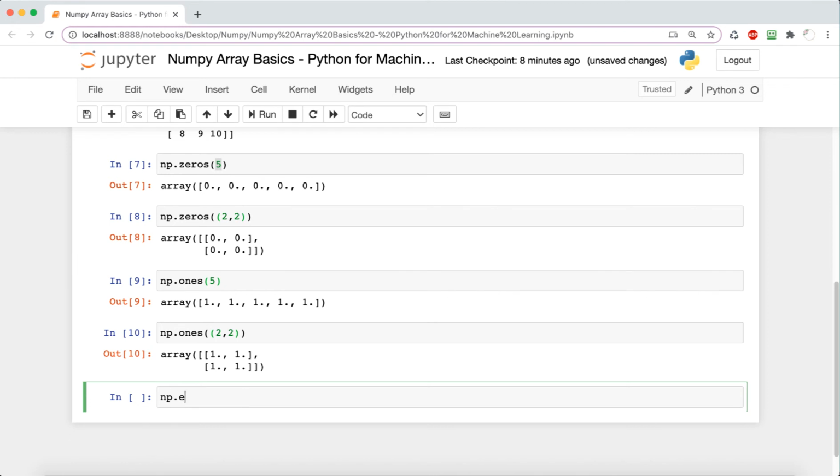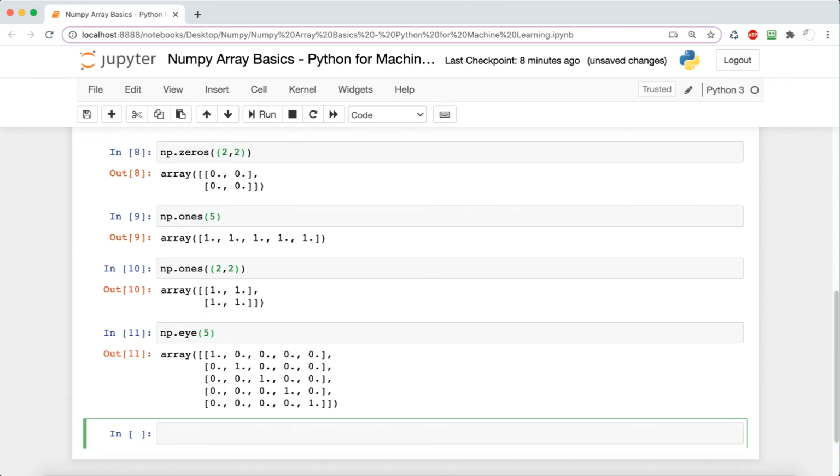So the next built-in function we're going to look at is np.eye, which basically outputs an identity matrix that has the number of rows and number of columns that you specify in the parameter. And you can look up what an identity matrix is on your own. I won't go into that in this video, but basically just know that it kind of acts like an inverse matrix. So I'll write it right here, and you can look this up if you're not familiar with it.